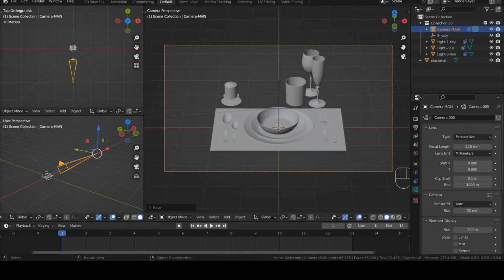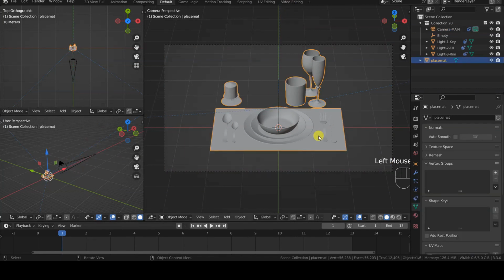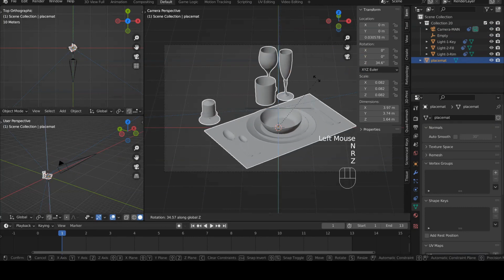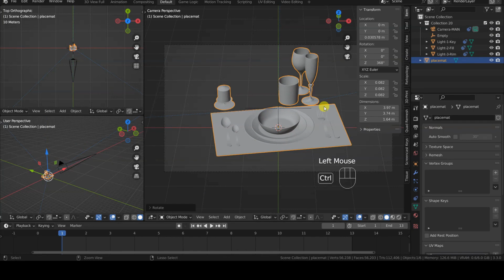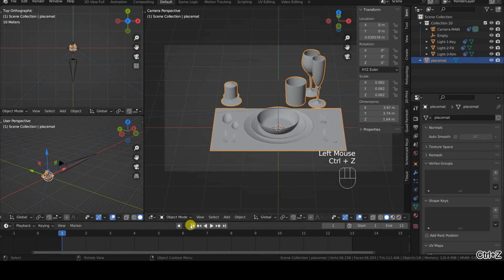Okay, let's move on to the animation of the model. Actually, the operation is very simple. Since we want a 360-degree rotation around the vertical axis, we only need to set two animation keyframes at the first and the last frame.